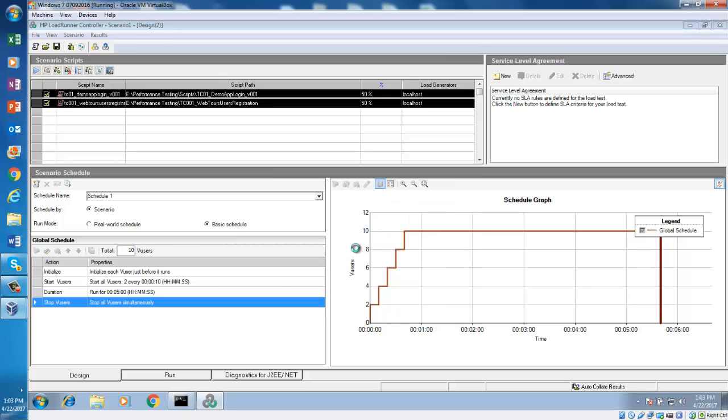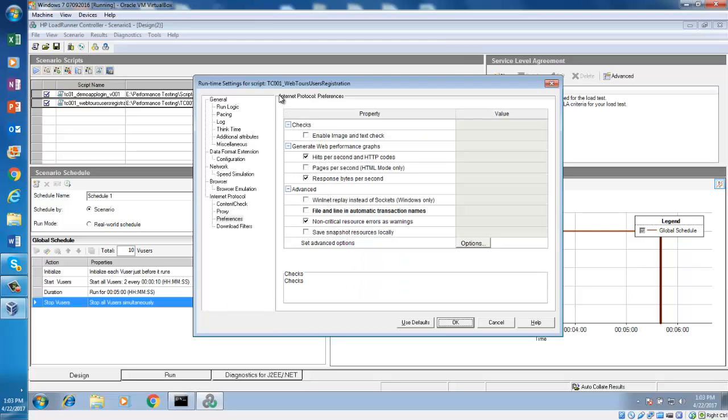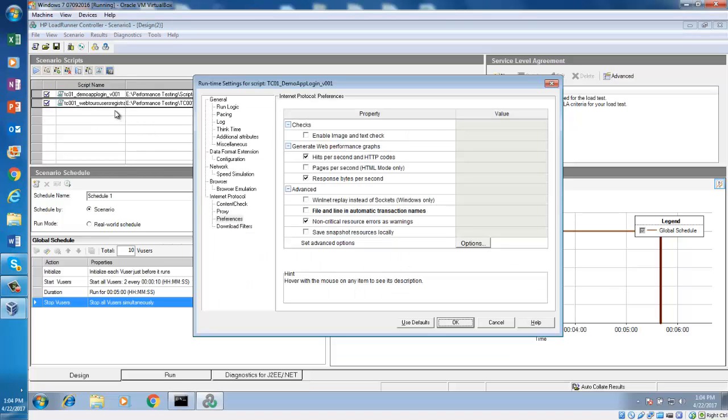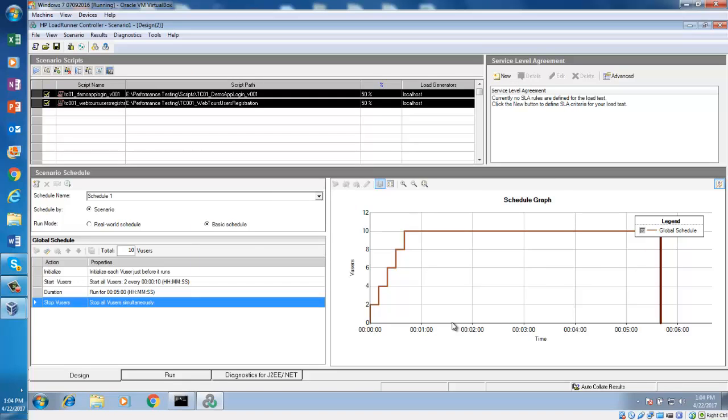So now it is doing runtime settings for script 1, web user registration, and when you are done with this, it will do the next one, app login. So it will bring scripts one by one. Okay, so our runtime settings are done.